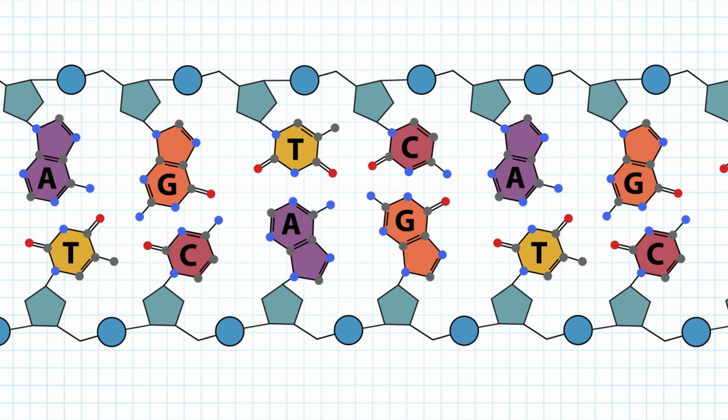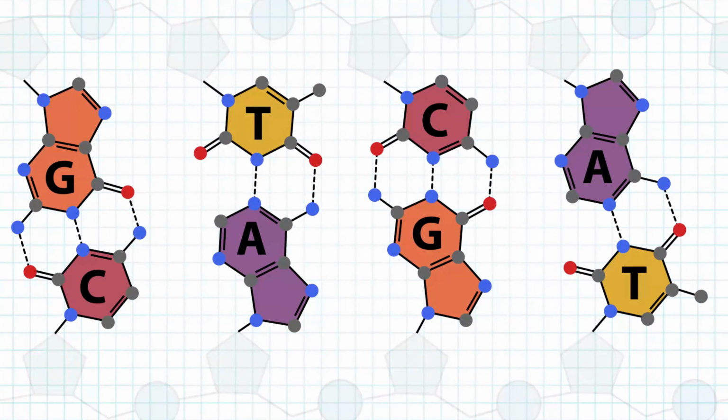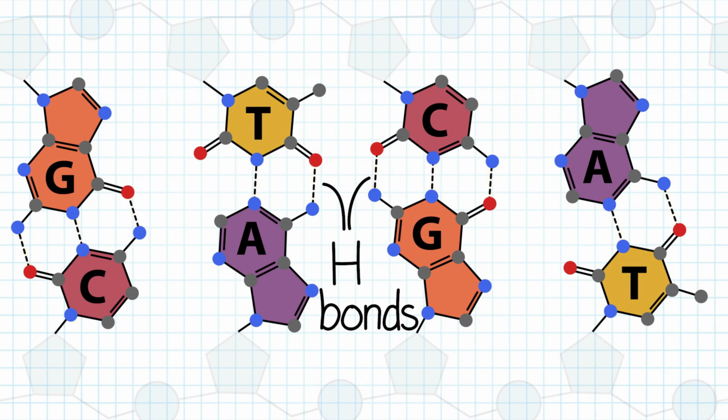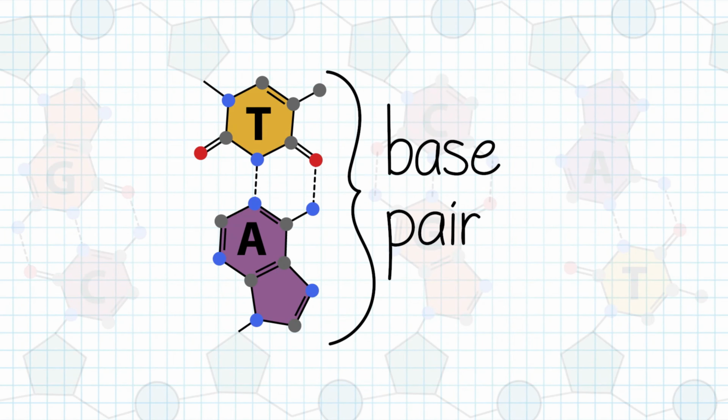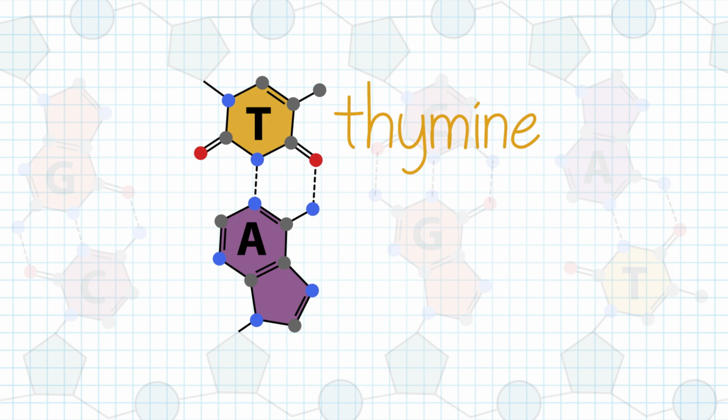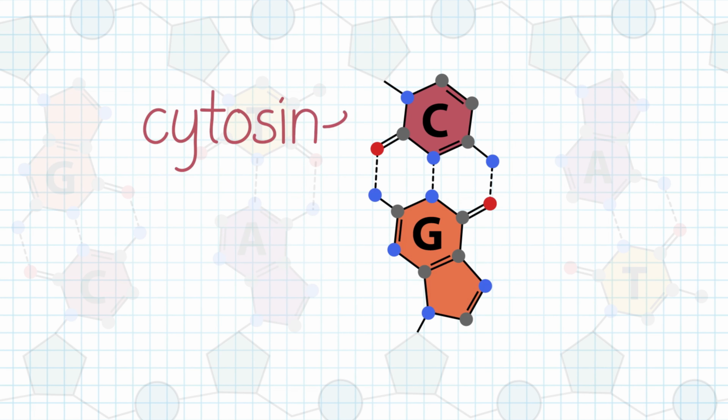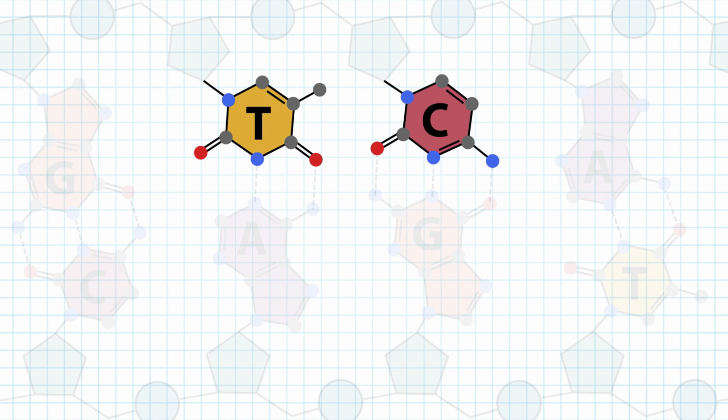Although the nucleotides come together through covalent bonds in the backbone, the two DNA strands interact through non-covalent hydrogen bonds between the bases. Each base forms multiple hydrogen bonds with its complementary base on the opposite strand. Bound together by hydrogen bonds, each unit is called a base pair. The hydrogen bonding contributes to the specificity of base pairing. Thymine preferentially pairs with adenine through 2 hydrogen bonds, and cytosine preferentially pairs with guanine through 3 hydrogen bonds.